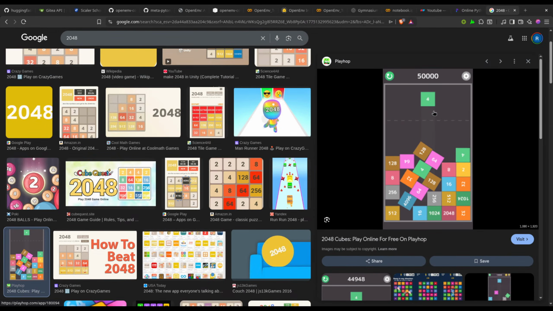We have to throw it like this. So we have to move this 4 in such a way that we are going to get 4 in here, so it is going to get merged and become 8, and the next random number is going to come. Let's suppose if it is 128, we have to throw it like this.